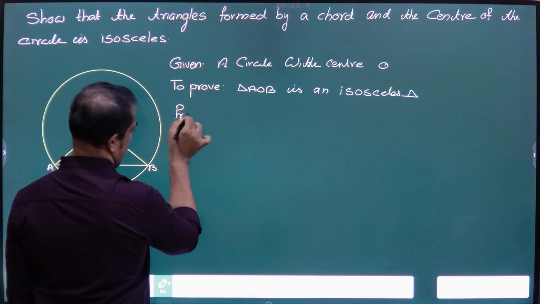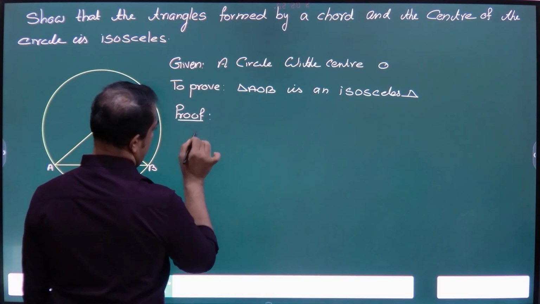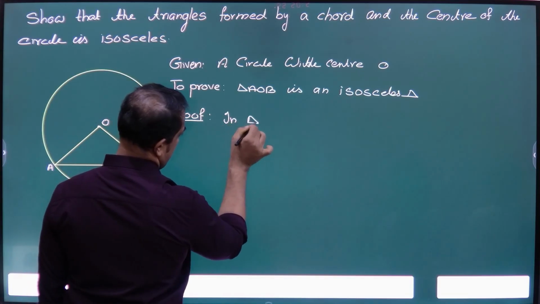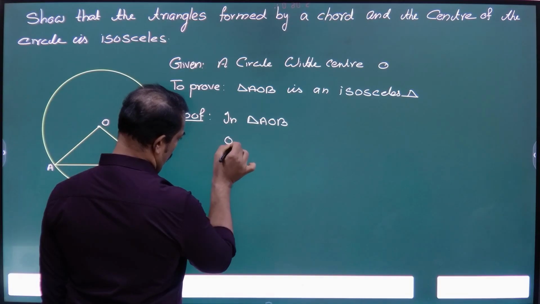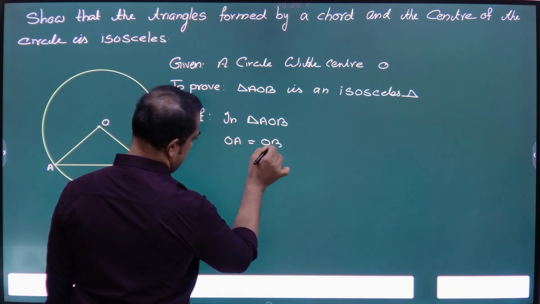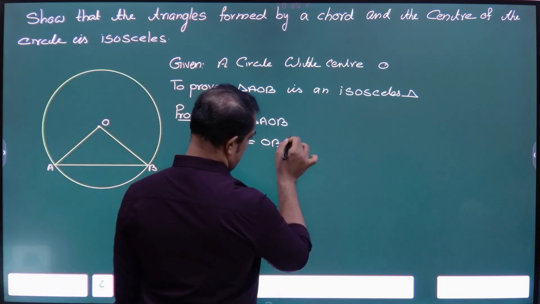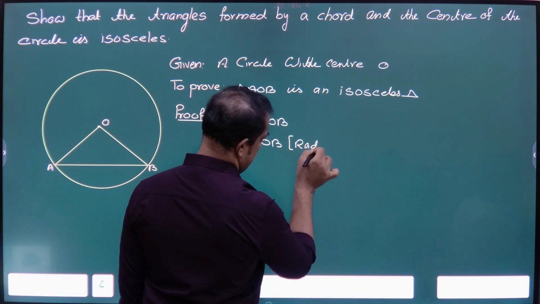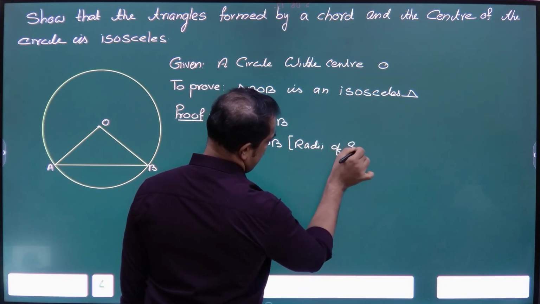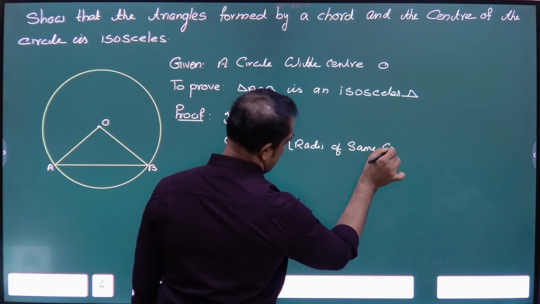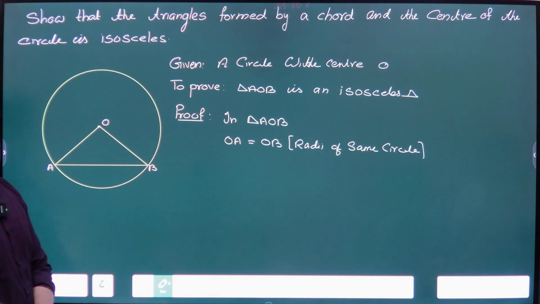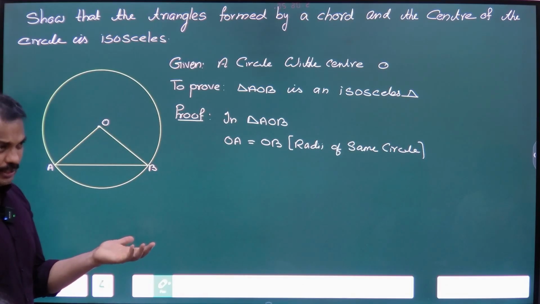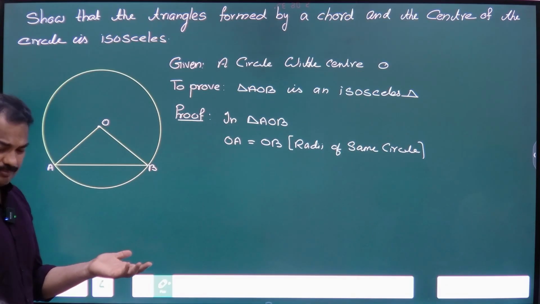Proof. In triangle AOB, OA equal to OB. Reason: radii of the same circle. In a triangle, two sides are equal. Therefore, triangle AOB is an